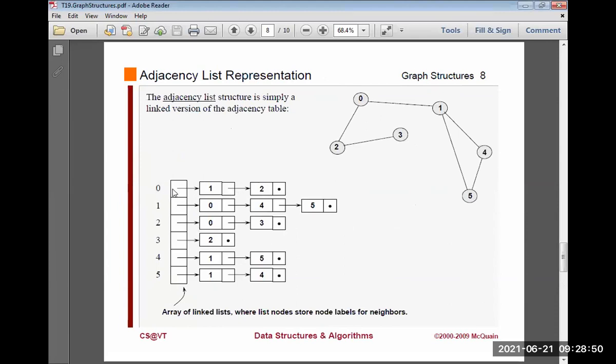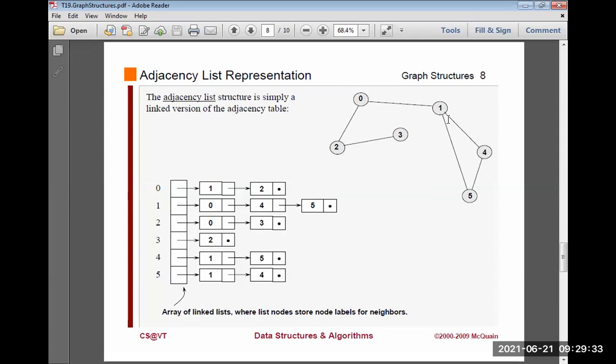We are considering 0 and we store the next node address here. That is, the next node address is 1, and from 1 to 2 there is a path, and here 2, and the last one is 2; after 2 there is no other path. From vertex 0, the graph has direct vertices 1 and 2, so we represent 1 and 2, and after 2 there is no other path, so we represent it with null. So this we call a list. One is the adjacency matrix representation, the other is the adjacency list representation. Okay, clear students? Adjacency matrix and adjacency list representation.